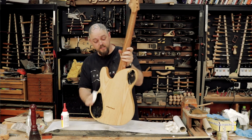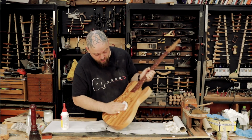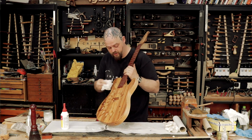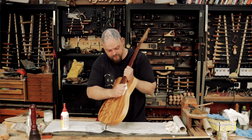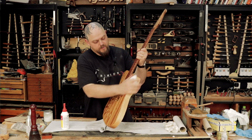So, this is almost dry to the touch. That's the way to describe it. It's a finish. It's almost finished. I'm finishing the finish. Okay, so, well,